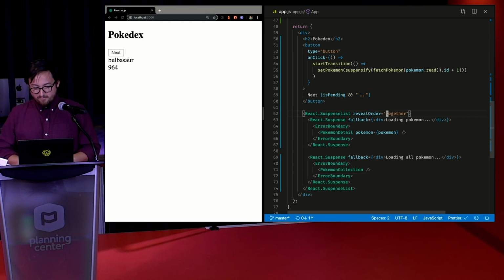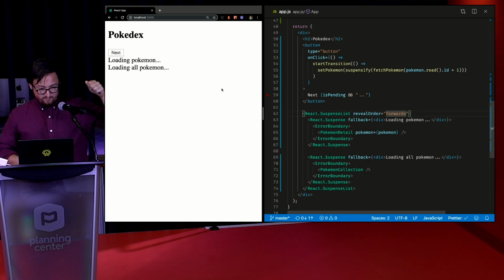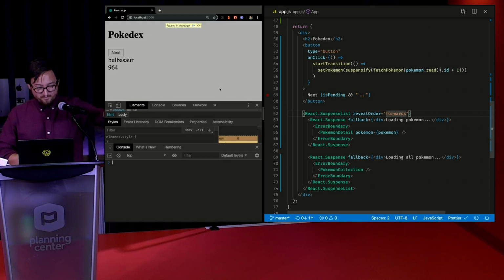You can change this to be forwards, which will always resolve the first one first. So sometimes they'll render together, but if I can refresh it enough times so that the first one comes in before,